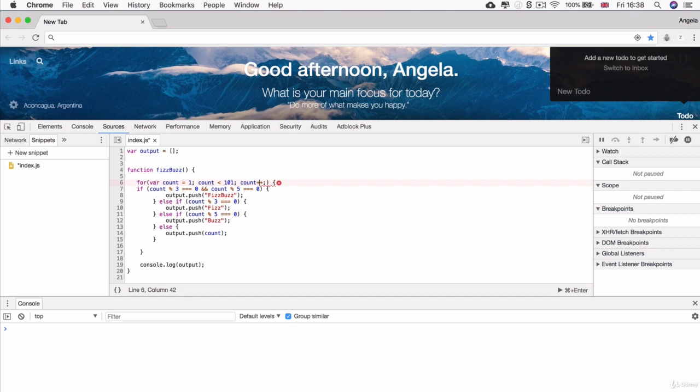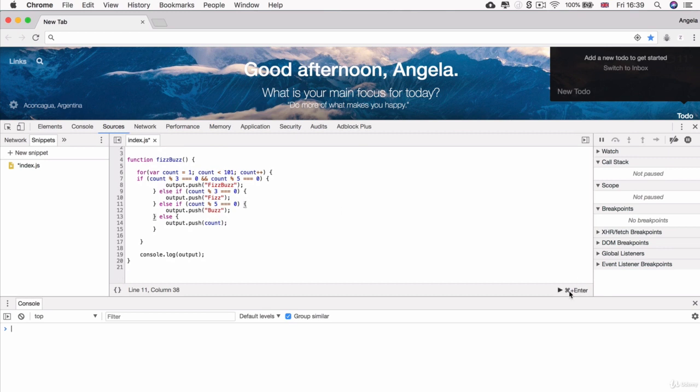Now, of course, you can decrease it by 1 each time as well. So you could say count minus minus. And this would work, for example, if you're counting down from 100 to 1. Then you would have the opposite code where count starts off being 100 and it decreases by 1 each time until it is no longer greater than 1. So the for loop is really flexible like that and allows you to count in any direction and increase your count by 2 or by 3 or by any number you wish, really.